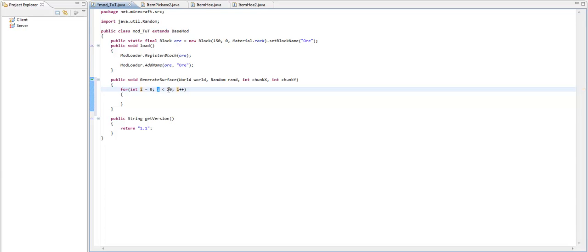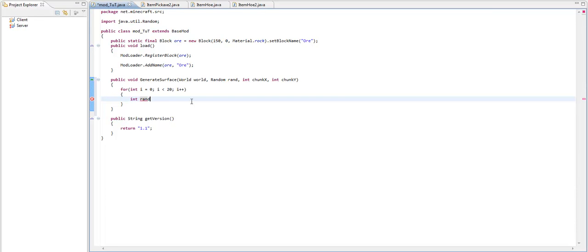Then if that integer is smaller than 20, then the i variable is going to increase. So basically whatever is in the constructor for this for loop will run 20 times because we're going up to 20. So what we're going to do is type int